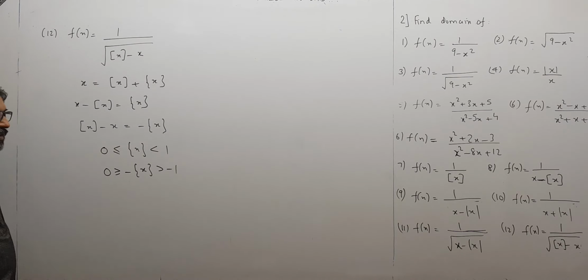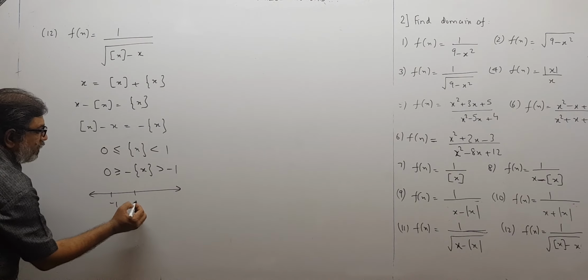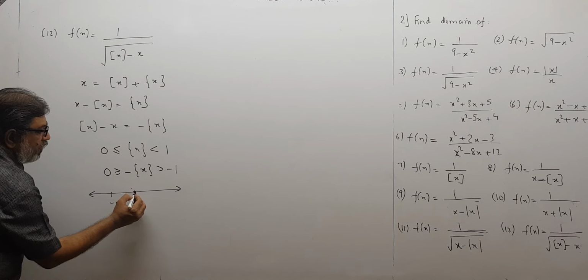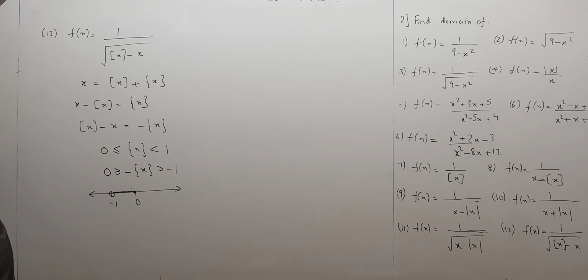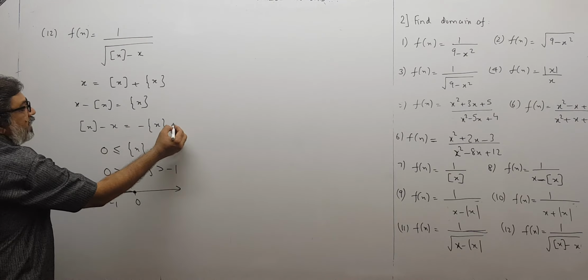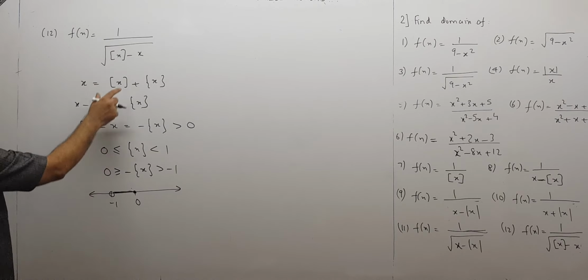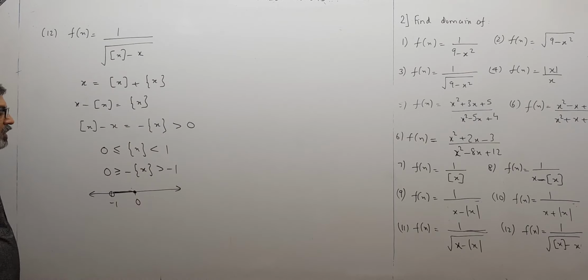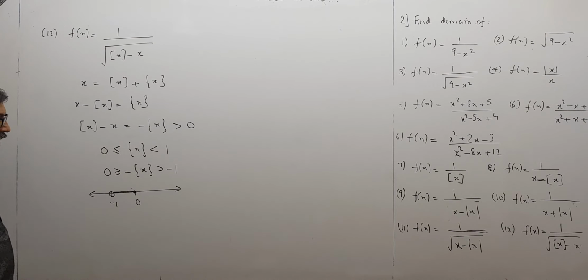So the fractional part of x, where does it lie? Just see, from minus 1 to 0, it lies over here, including 0, not including minus 1. And we wanted this to be greater than 0 for the domain. We were saying this number should be positive, meaning minus fractional part of x should be positive. But where is minus fractional part of x? It lies over here. It is never positive. It is 0 or negative. It cannot be positive. Therefore, that means there will be no value of x.